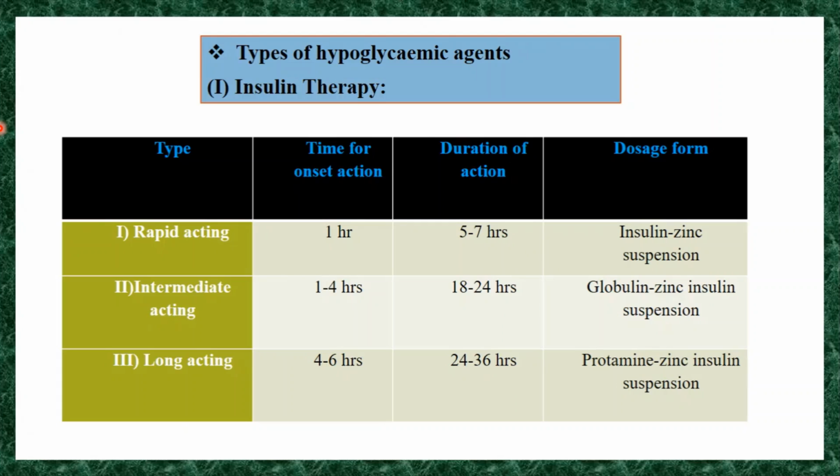Insulin is prepared in 3 different dosage forms for use in insulin therapy. The first one is zinc insulin suspension, the second dosage form is globulin zinc insulin suspension, and the third one is protamine zinc insulin suspension. These are the 3 types of dosage forms, and zinc insulin suspension